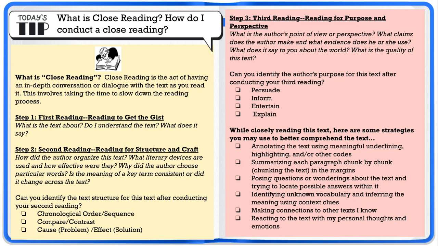of the text? You also want to ask yourself if you can identify the text structure for this text after conducting your second reading. The text structure is the way that the author organized or structured the text, and there are multiple ways that a text can be organized, such as through chronological order or sequential, where the author might be using words such as first, then, next, and going through the order of events. You might also see dates and the progression of dates over time as the author takes you through time or